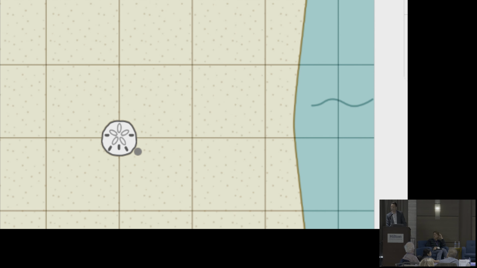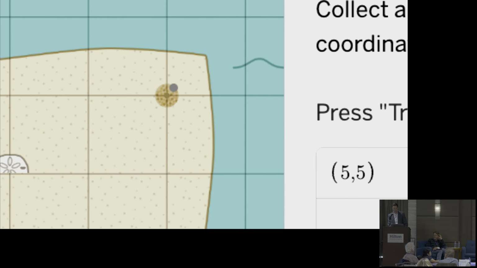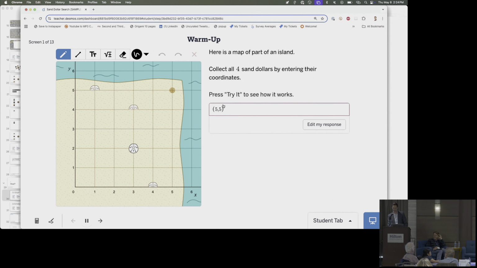I'm not going to ask Mitch and the logo team to acknowledge paternity of this micro world of mine, but I will claim them as my parents, as my lineage, okay? And so someone toss me another coordinate that'll grab us a sand dollar here. Go ahead. 5-5. Let's see. Oh, no sand dollar there. No sand dollar. Nope. Anybody else here? Great guess.